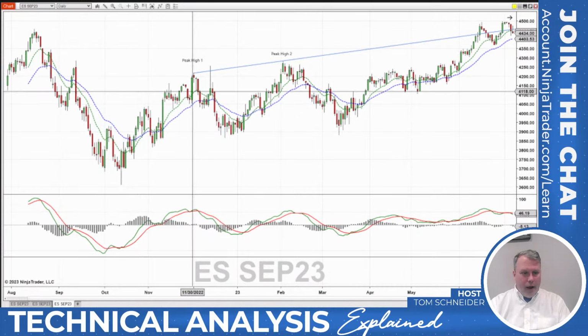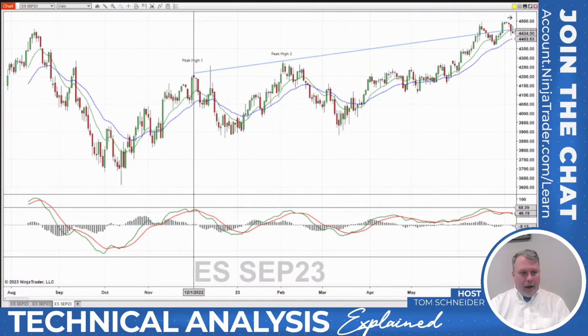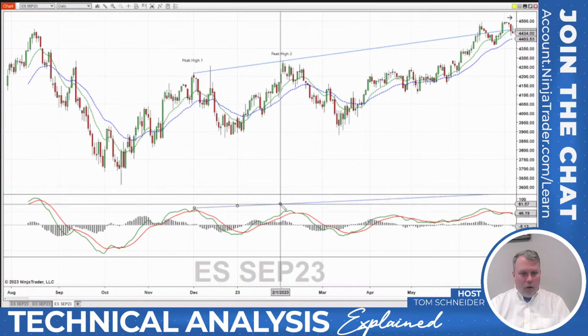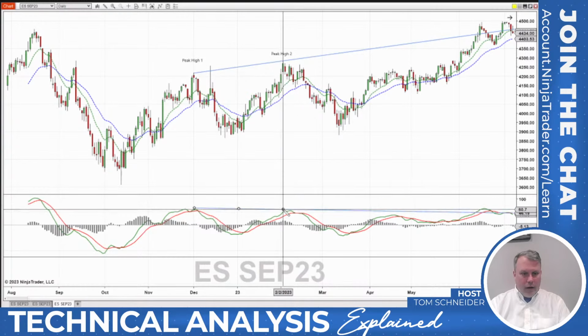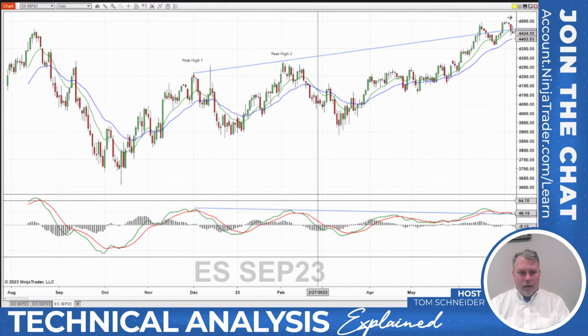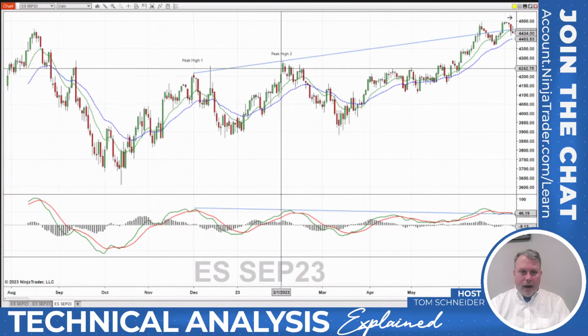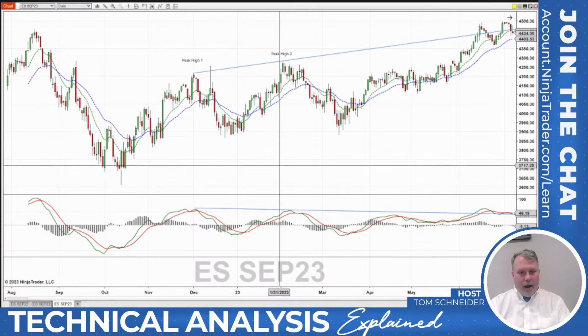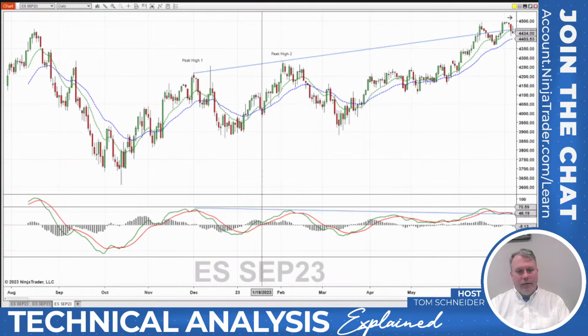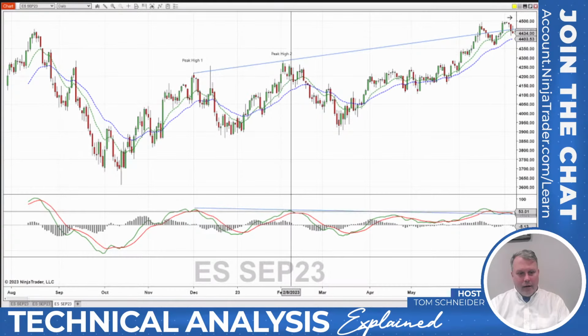Well, that peak high corresponds roughly with the peak high area in the MACD there. I'm going to use a ray right here. If I were to draw this line right where the MACD intersects, and then go to this peak high here, you'll see that it isn't increasing, it's decreasing. So when you see that this market is getting higher, but the MACD is not getting higher, the difference between the moving averages is not getting higher. That's a little bit of weakness.